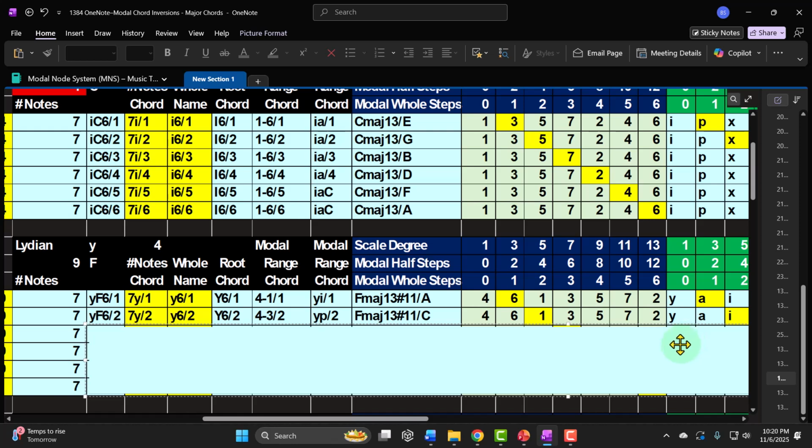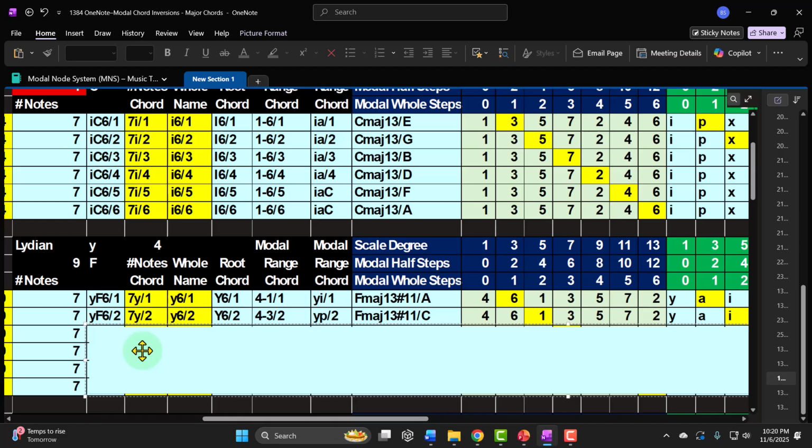But it would be better, notice this system, when I say it's a second inversion, you're still kind of thinking it's the second note up in the normal stack. But it doesn't really give you the distance term if you don't use the idea of modal whole steps, right? If you use the idea of modal whole steps, it all snaps into place, because you just say, well, it's a